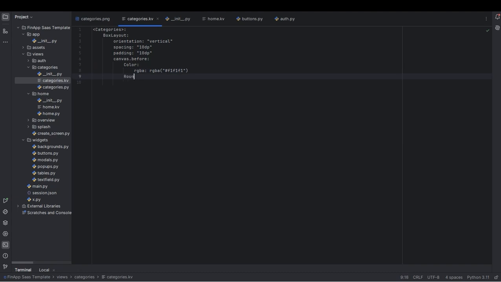Then we're gonna say rounded rectangle. We're gonna say size to use self.size, and pos going to be self.pos